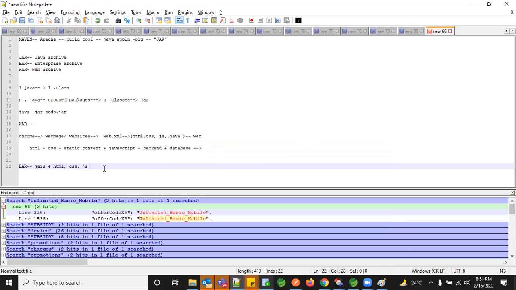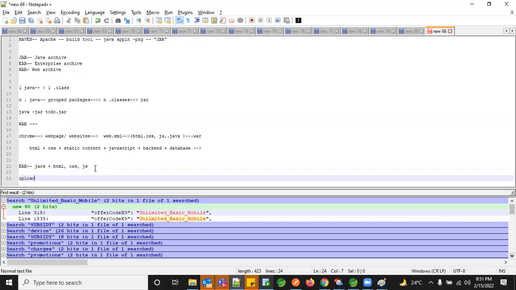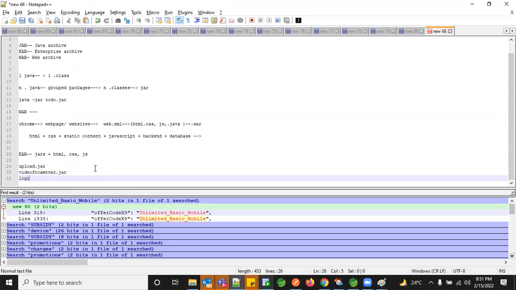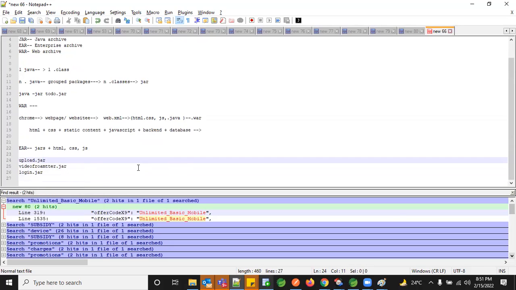So it is like, say for example, this is upload.jar, as I said here, right? So you have upload.jar, video formatter.jar, and login.jar. So these are the jars. Okay, these are individually called as jars.